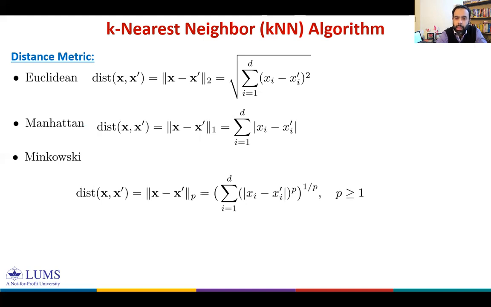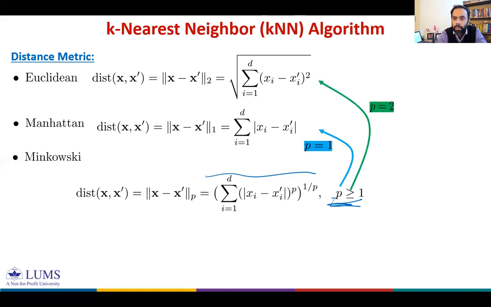So Minkowski distance is the pth norm of x minus x dash, right? And this definition simply follows from the definition of norm. And obviously we require p to be greater than or equal to 1, because for p greater than or equal to 1, the norm satisfies those 4 properties. When p is equal to 1, Minkowski distance becomes Manhattan distance, and when p is equal to 2, Minkowski distance becomes Euclidean distance. So you can have any value of p greater than or equal to 1. You can have p equal to 1, you can have 1.1, or you can have 2, and so on.